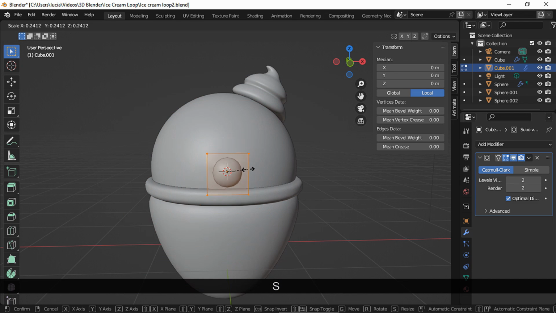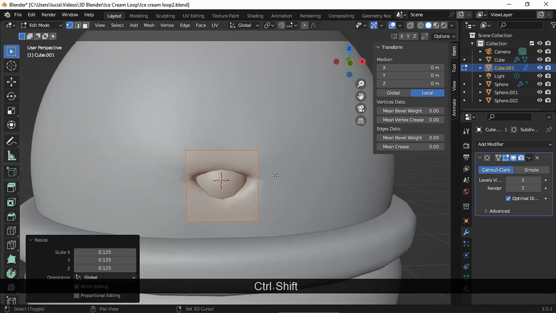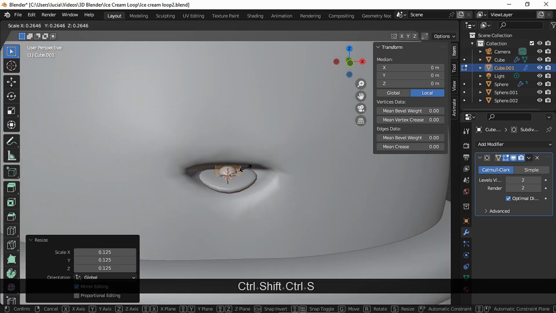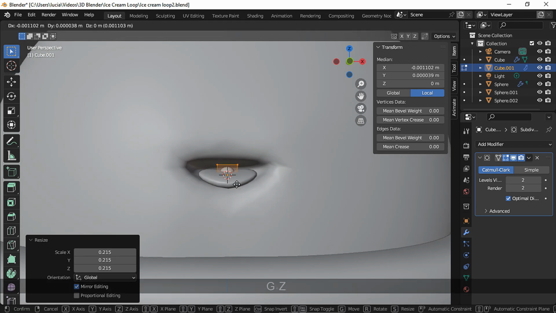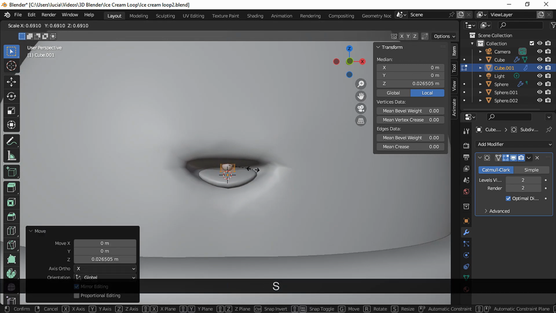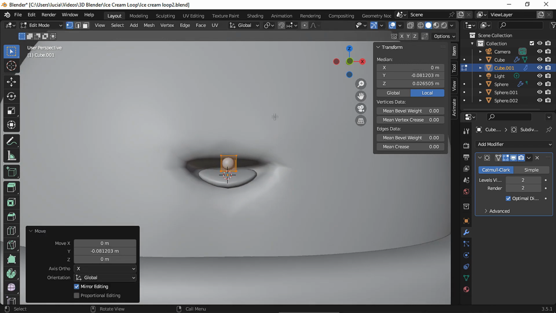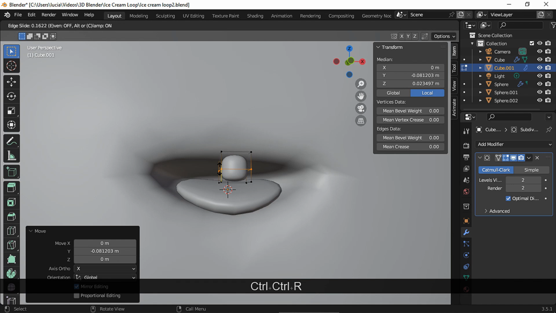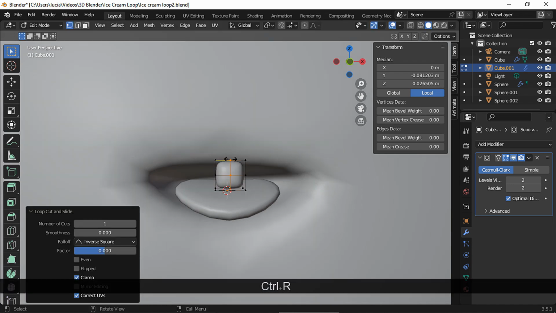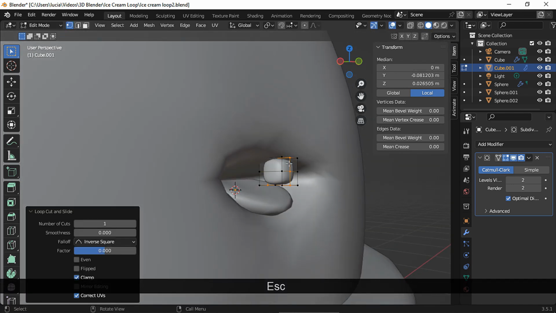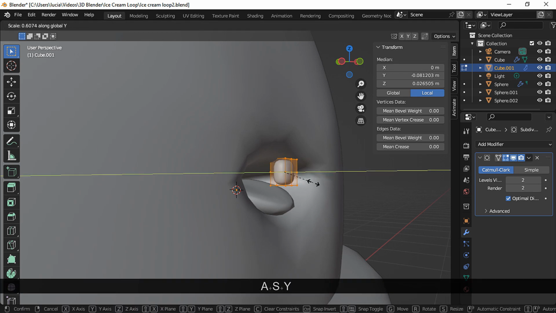In edit mode, scale down and move up a bit. Let's scale it down a bit more and move on the Y-axis towards the front. Ctrl R to add a loop cut and escape. Add another loop cut and escape. Select all and scale down on the Y-axis.